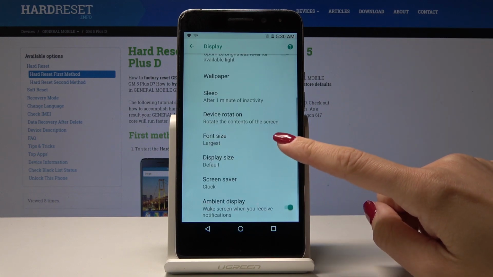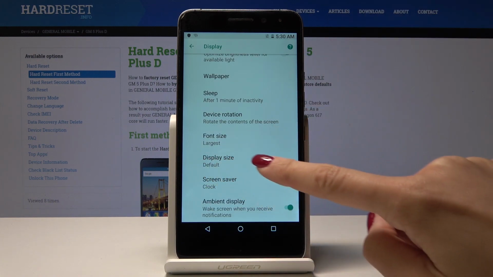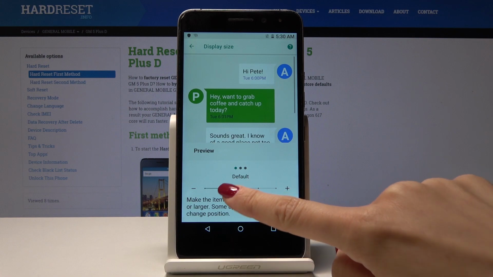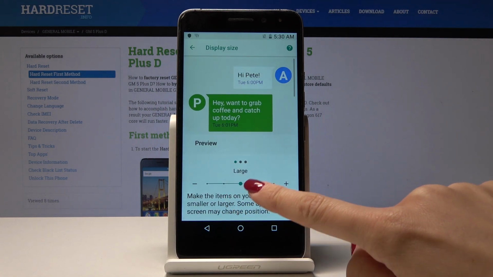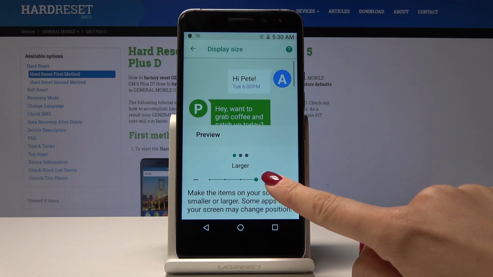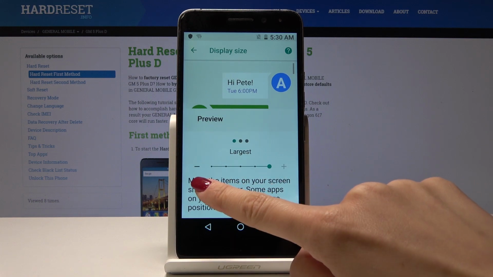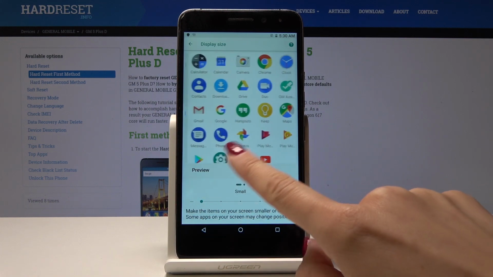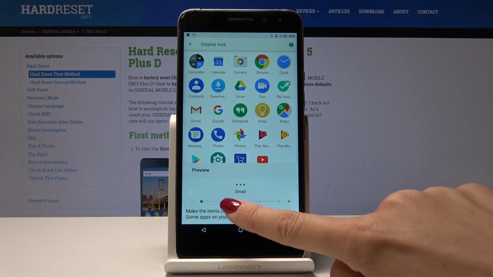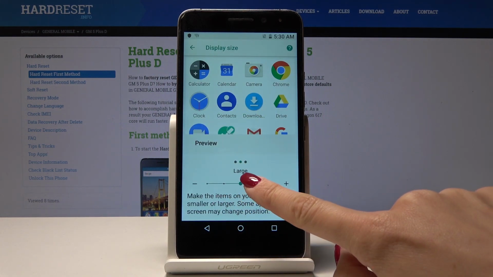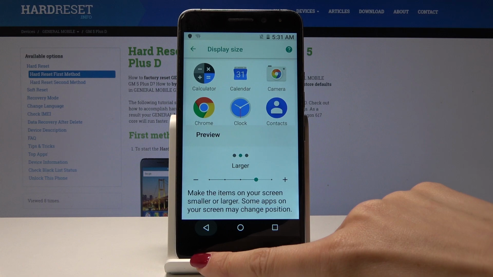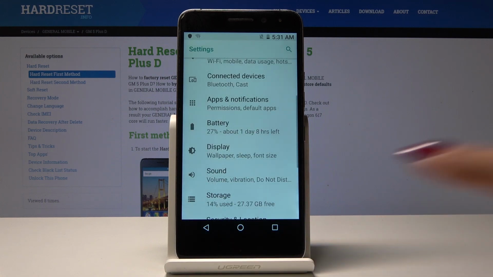You can also change the display size. So just click on display size. And now you can pick the large, huge, or the small one. As you can see here, you can see how it will look on your device. So let me pick, for example, this one, and if we will go back, you can see that it is